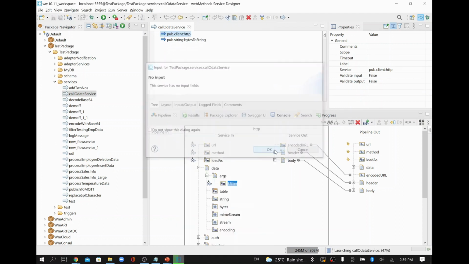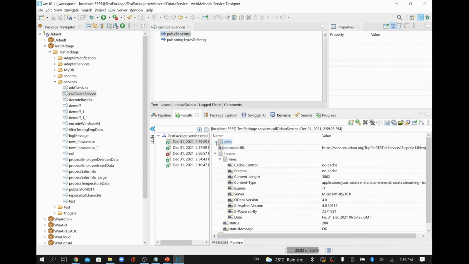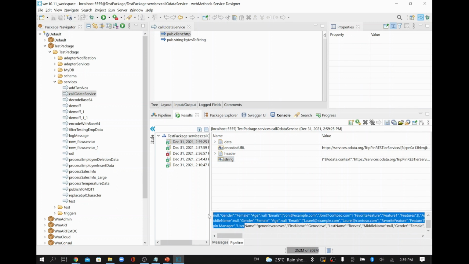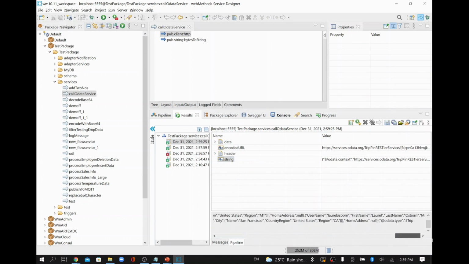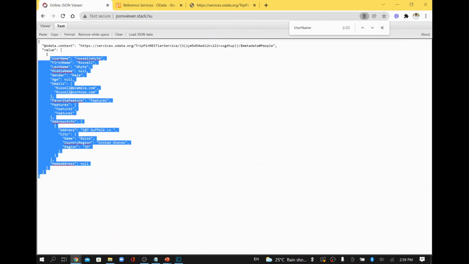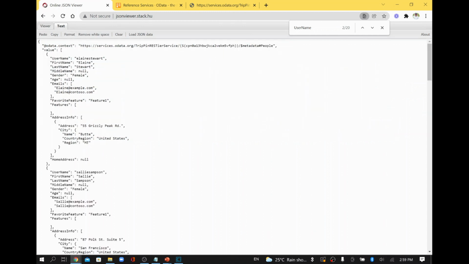Once I run it, we will be able to see the result for the people with gender female. See here, there are more records now. I'll copy all the records. I am copying the entire JSON now, and I'll put it into the JSON viewer and format it. See here, the records having gender equal to female. All the records having gender equal to female, there are 11 records, and if I check with this search string also, which will match with,